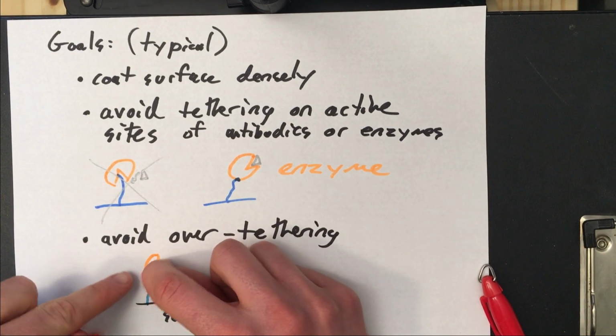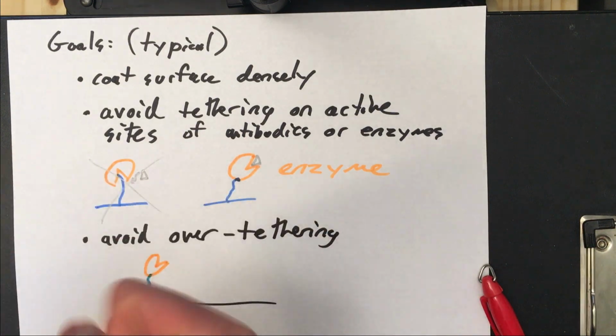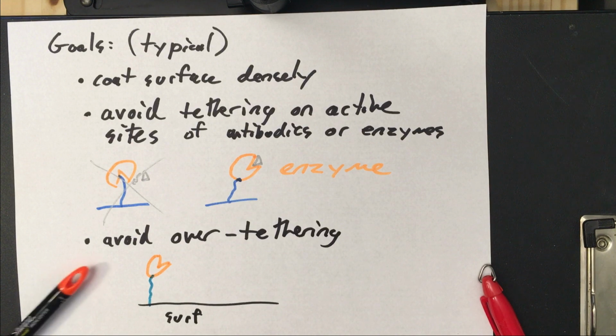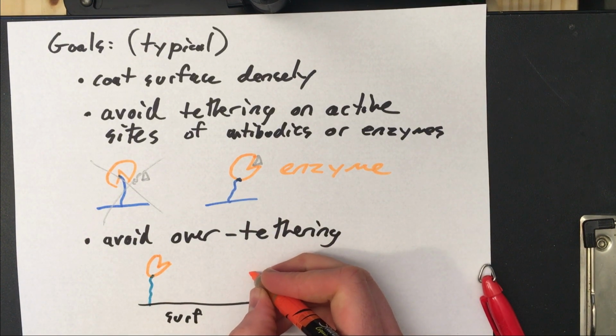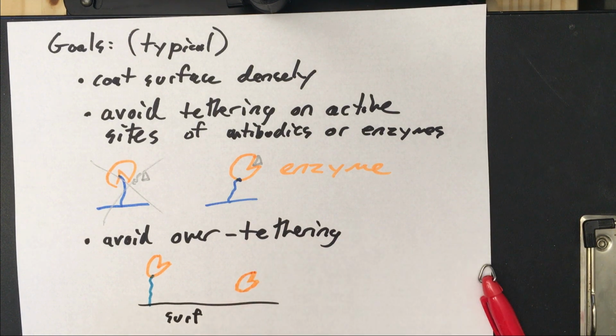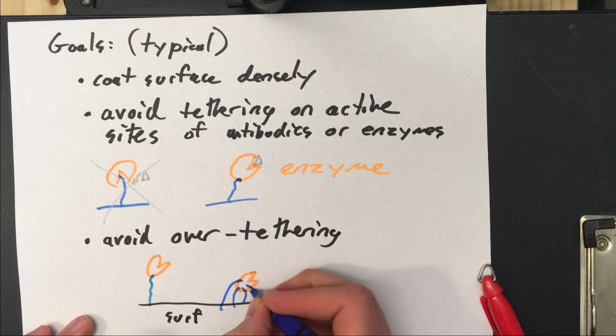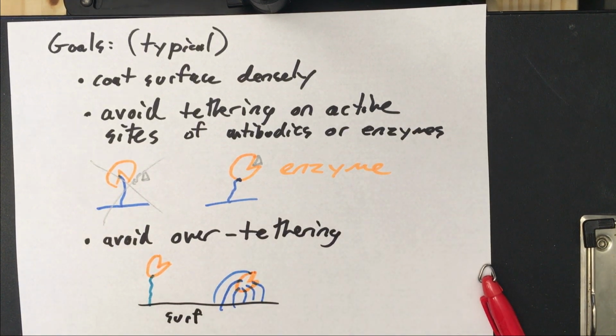They themselves are coils and sheets of protein. And if I over-tether that protein to the surface, you can imagine if I have some enzyme here and I try to attach too many tethers to that protein,